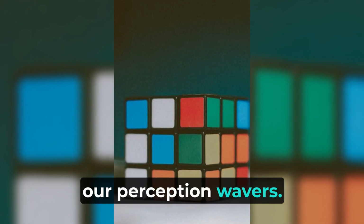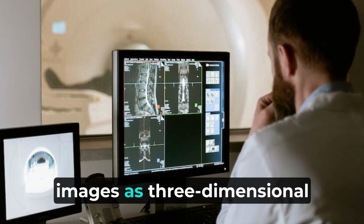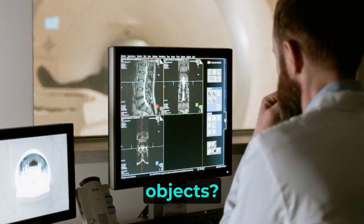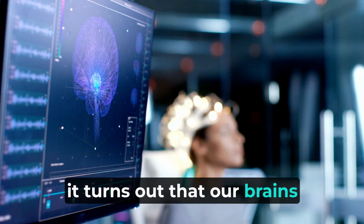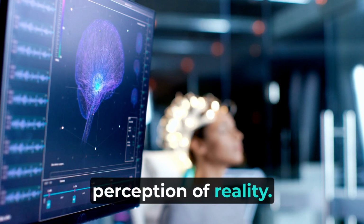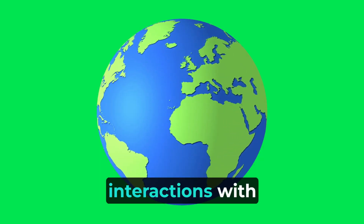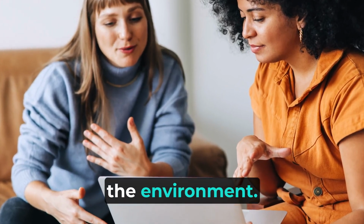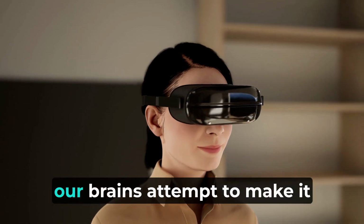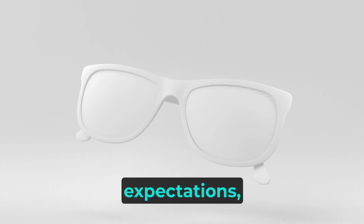our perception wavers. But why does our brain struggle to interpret two-dimensional images as three-dimensional objects? Well, it turns out that our brains rely heavily on contextual information to construct our perception of reality. Our experience and understanding of the world are based on our interactions with the environment. When presented with a flat image, our brains attempt to make it conform to our three-dimensional expectations, leading to confusion